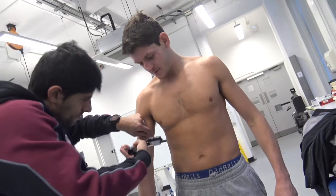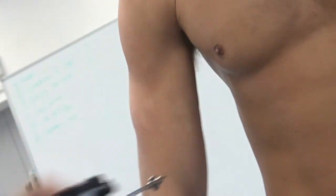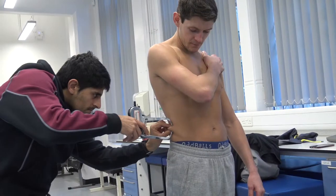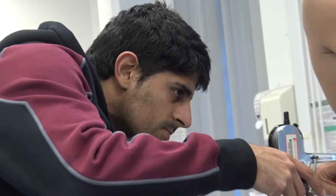And then on the back of that we've also measured his body fat using skinfold calipers. So we've used a typical sum of 8 measures. We've also measured his girths around his arms, his waist, his legs, to track any loss of muscle or gain of muscle tissue. And then we've sat down with him and gone through a periodised plan of what